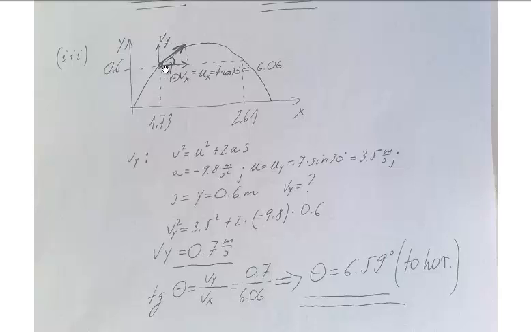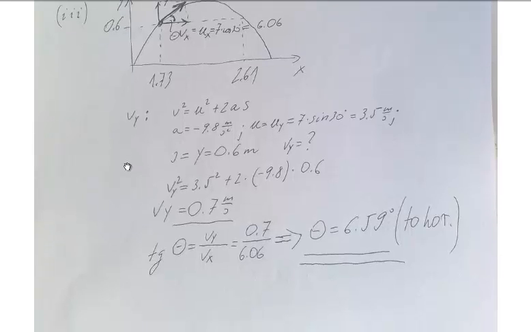This was the initial speed, it's 3.5, and s is equal to y, 0.6, and we need this quantity. We can substitute these values here, and we get this equation, and after calculation we get Vy is equal to 0.7 meters